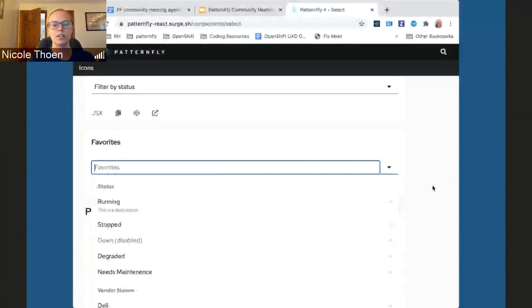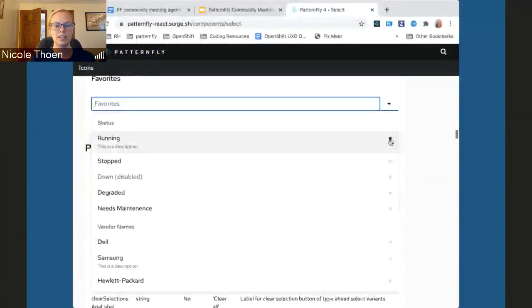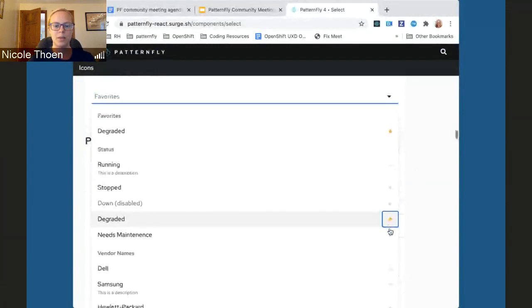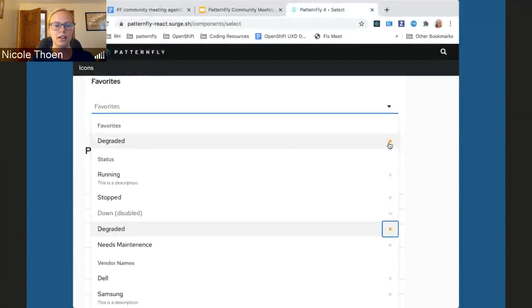If you click into the select, you'll see that there are stars, so you can favorite different options in your select menu. If you do, they stay at the top and a new section is added at the top called favorites. That helps if you have really long lists and you want to navigate to your most